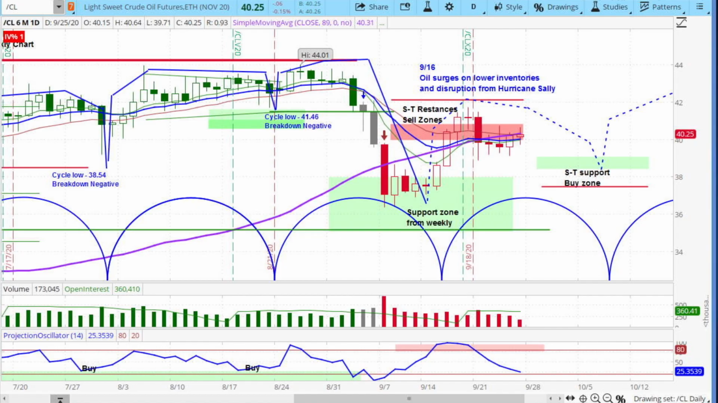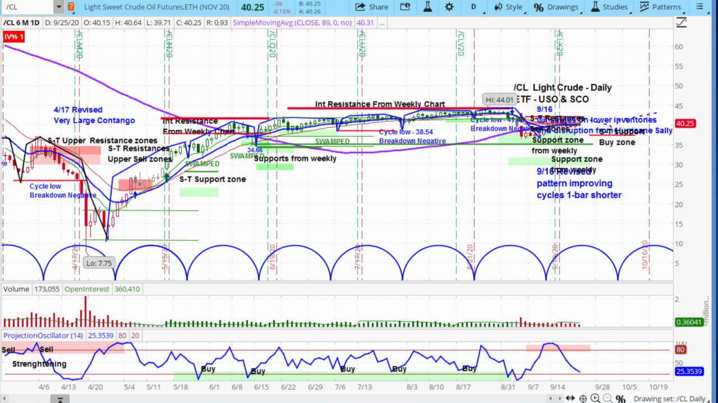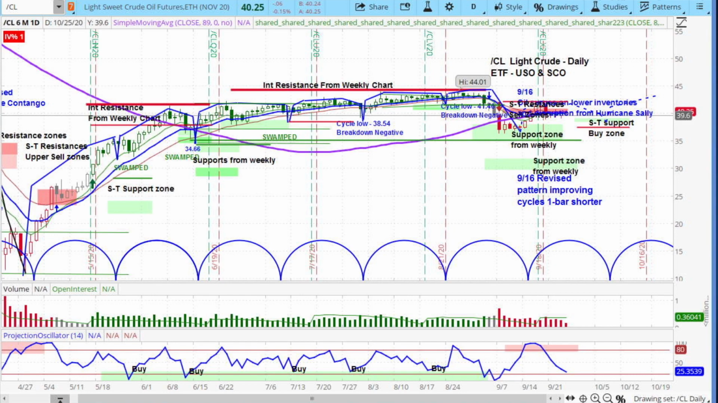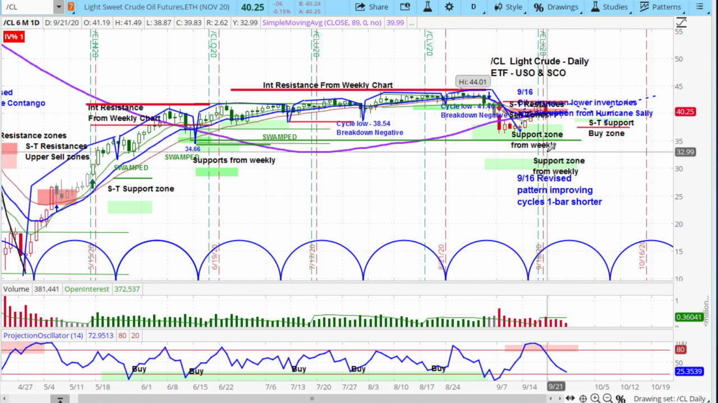So the first one we're going to look at is the light crude market. This is light crude on a daily chart with cycle analysis. Again, for those people that are new, what we look at are the repeating rhythms in the market. The bottom right over here you see are the cycle brackets, and what those cycle brackets are telling you is